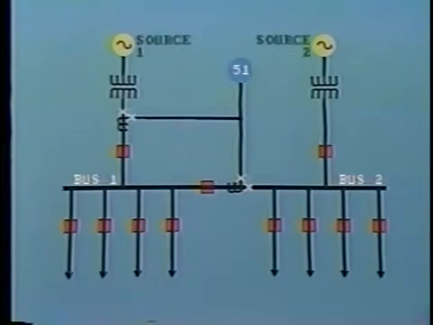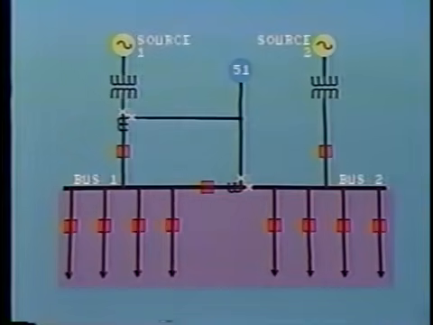The buses are fed from two separate sources and feed 8 outgoing radial feeders. As the feeders are radial, the current will not reverse in the case of a bus fault. On this particular system, the bus tie is normally closed. Partial differential protection for bus 1 is provided by the time overcurrent relay 51 connected to these two CTs,